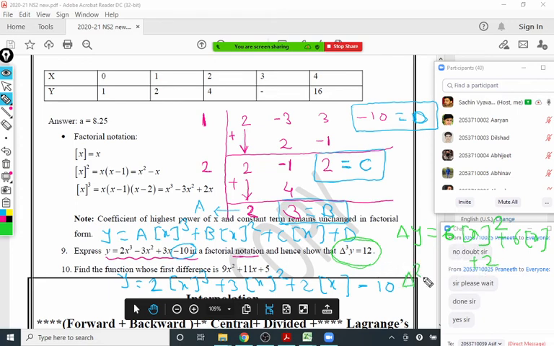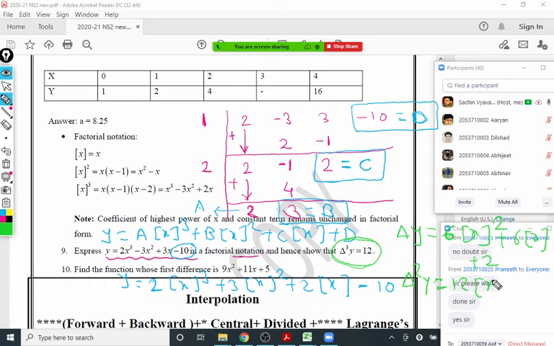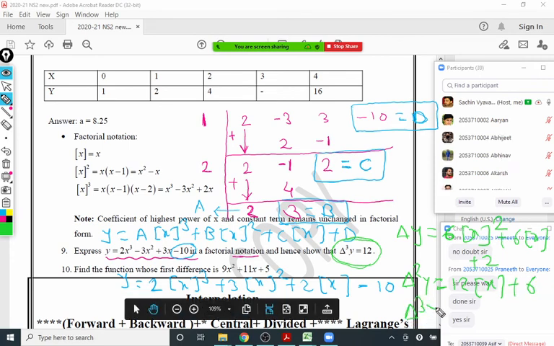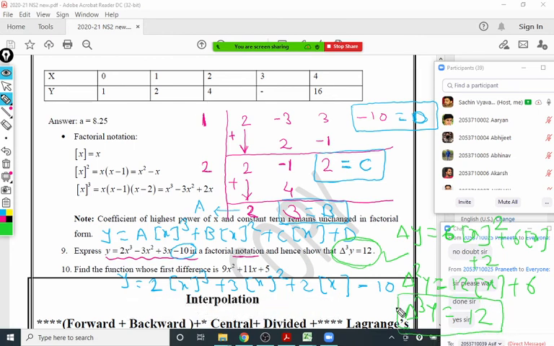Second, delta square y. Now 6 into 2 becomes 12, 12x, like that, plus 6 only. And lastly, delta cube of y, the third difference of y, is only 12. So that is the required answer: the third difference of y is 12. This way differences become equivalent to the derivative when you write them in a factorial form. So this way you can prove it. In the exam also you have to write the derivatives only. Now delta y is equal to this one, delta square y, and delta cube y is 12.